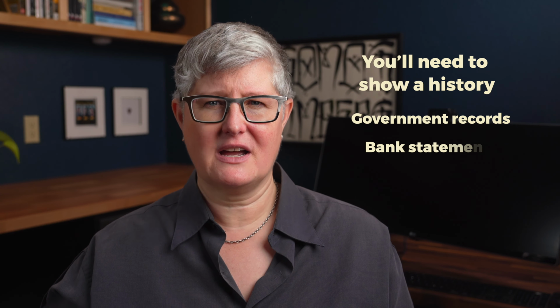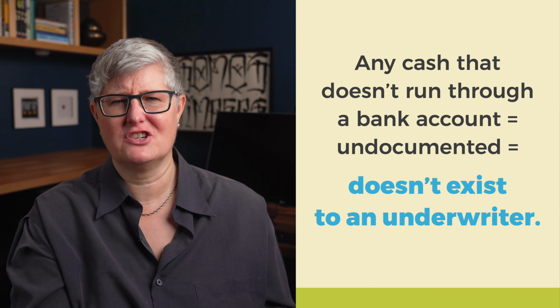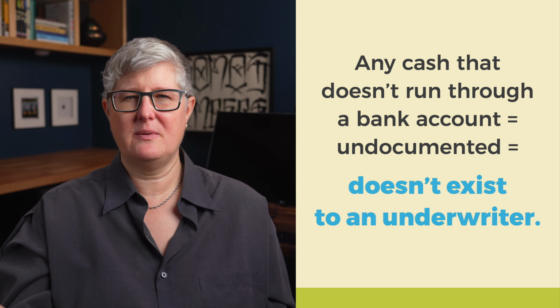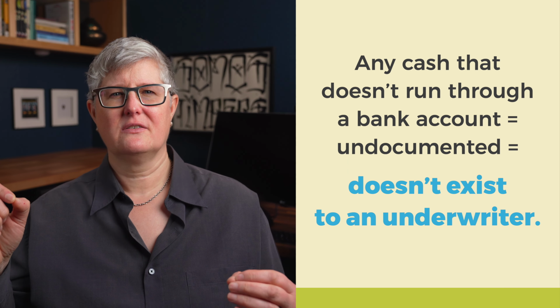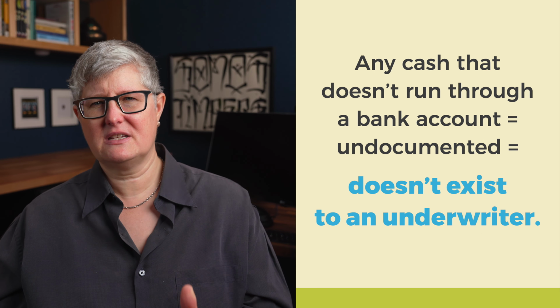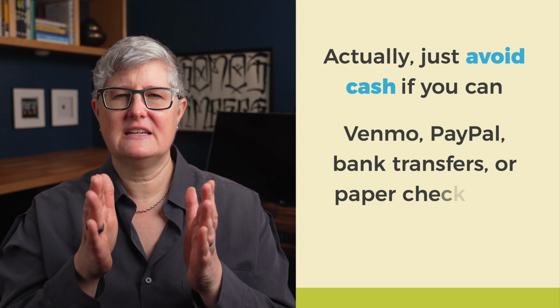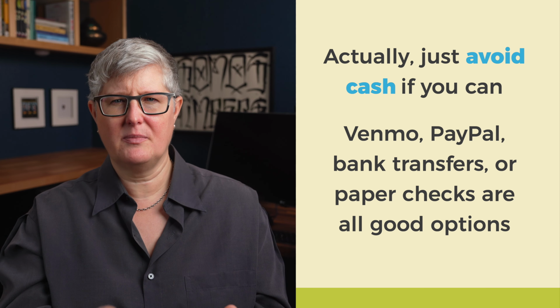If your ex pays you in cash, deposit every payment to your bank account in full and right away. And this is really important. Let's say you receive the same amount every month, like clockwork from your ex, but some months you hang on to some cash as spending money, or you deposit odd amounts at odd intervals. Those really regular payments that your ex is paying you can look really irregular to your lender. So your best bet, honestly and truly, if you get cash, deposit it in full right away, but just have your ex pay you in a way that is easier to document, like Venmo or bank transfers or just